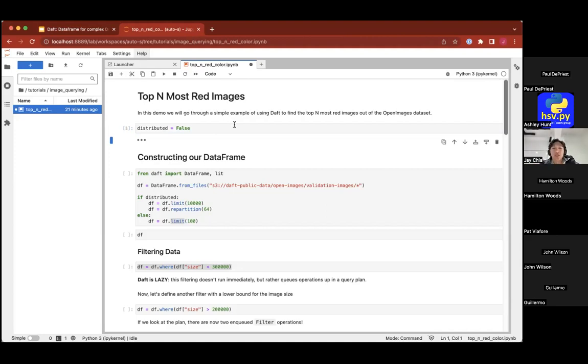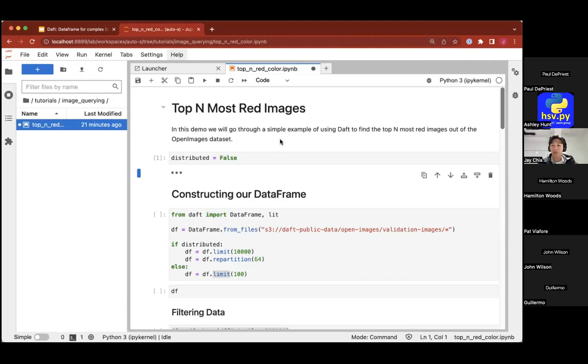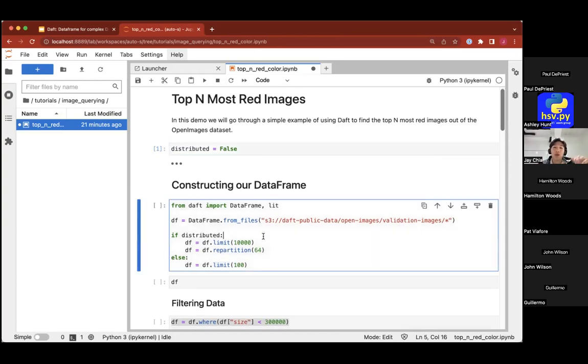But in this demo, we're going to go through a simple example of using Daft to go through this data set that's called the Open Images data set. Let me zoom in to make sure that everybody can see. This tutorial is a very simple tutorial on how we can run algorithms on this data set and just sift out the most red, quote unquote, red images out of the data set. So first, I'm going to run Daft on my local laptop. I'm going to specify this flag distributed equals false, which we're going to be using in this notebook to run some things conditionally. So with this flag,